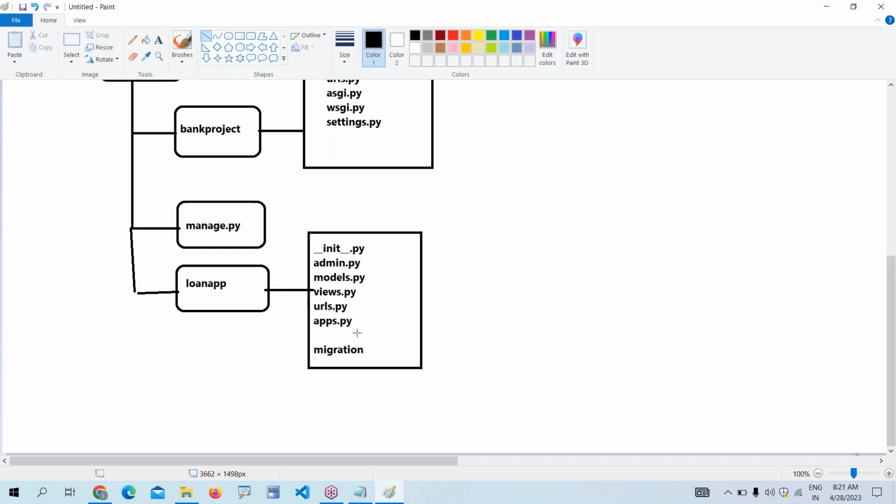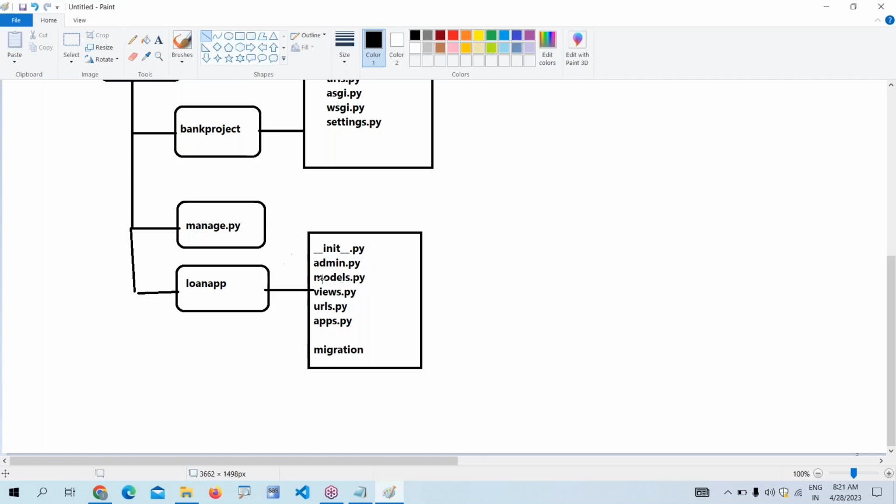Okay. So we are going to understand each and every file. What is the purpose of this file? One by one we are going to understand. So first I create this loan app practically, then I'll explain each and every file and what its use is. We are going to discuss everything very clearly in upcoming classes. But right now this is the second day of the class, so as an introduction you need to know what each file is doing, and in the remaining classes we are going to